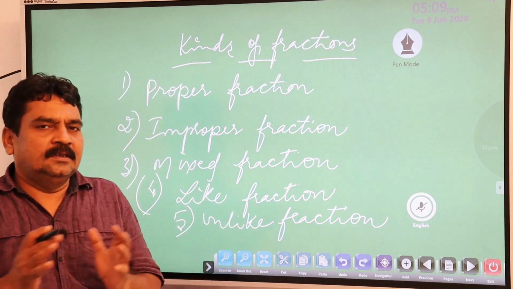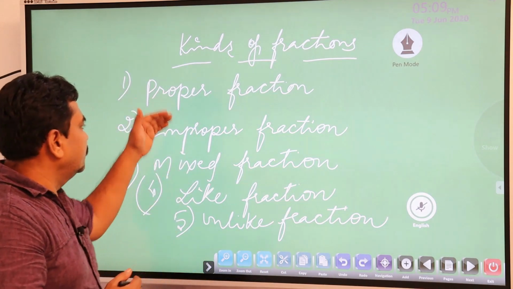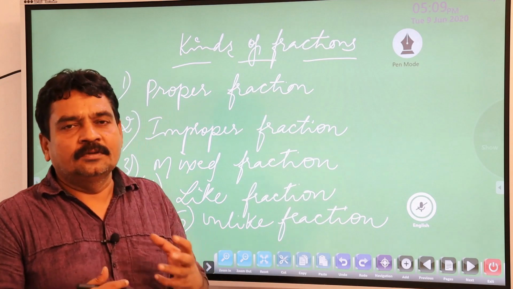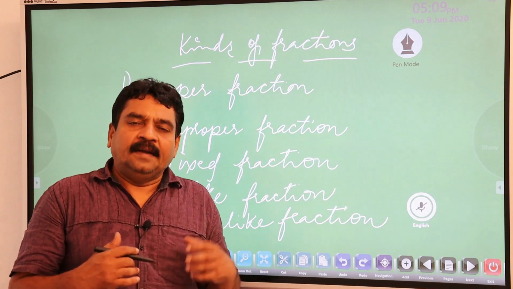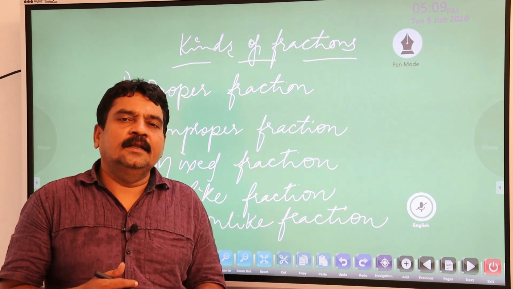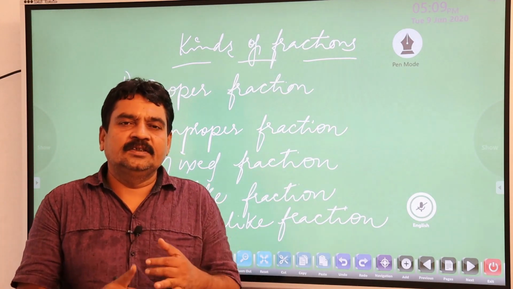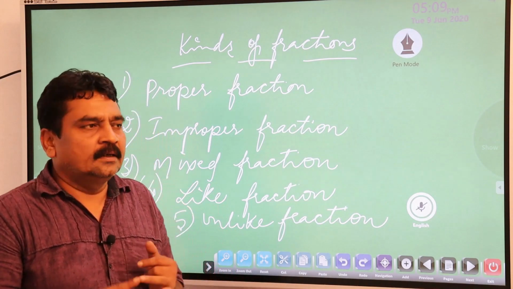Up to the 6th standard, I am telling you, these are the fractions, and this is a very important chapter as far as aspirant students are concerned, because once you understand fractions, then you can do better chapters like percentages, ratios and other stuff.